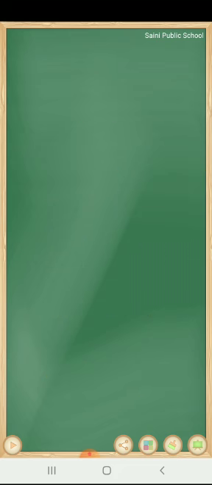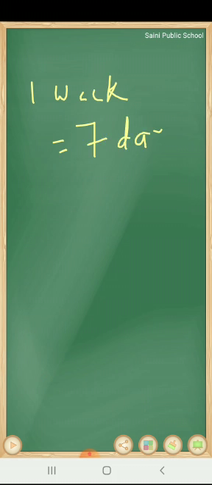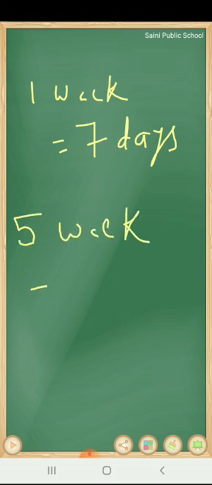Okay, for converting hours into minutes, we will multiply the number simply by 60. Similarly, in 1 week, here are 7 days. You already learned about it. Suppose we want to find out the days in 5 weeks. How many days are there in 5 weeks? So we will multiply 5 by 7 because here are 7 days in 1 week.